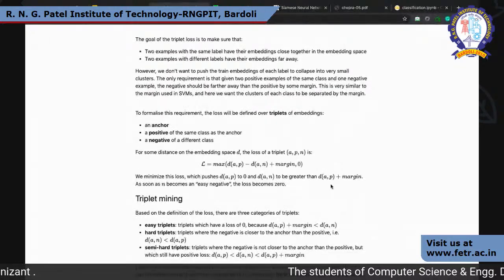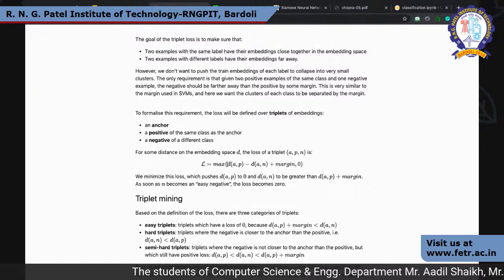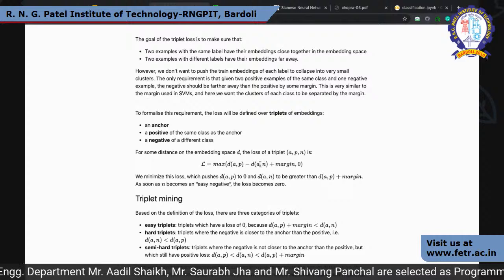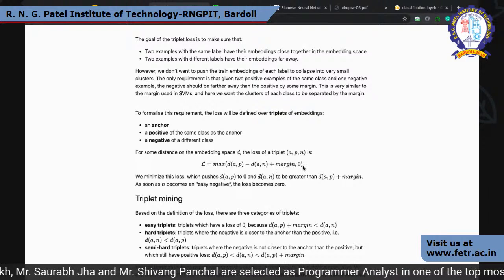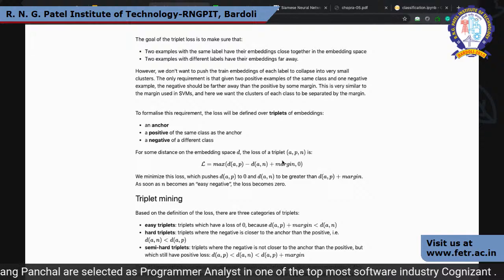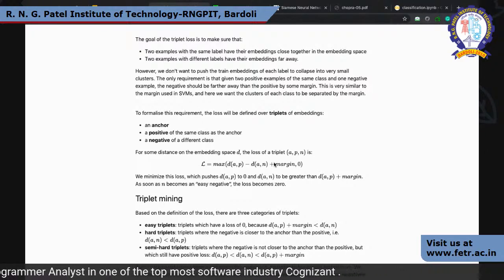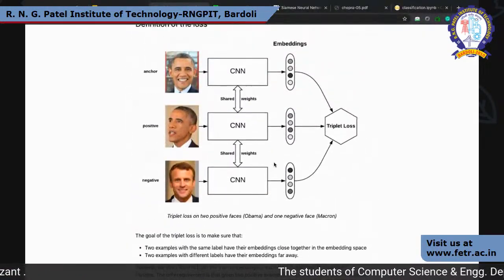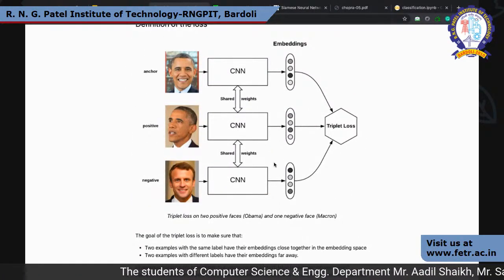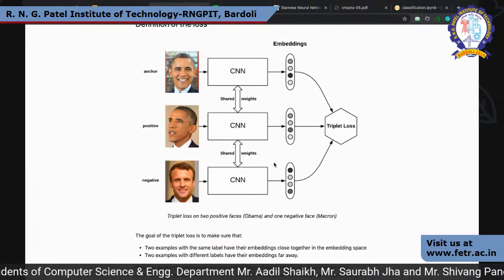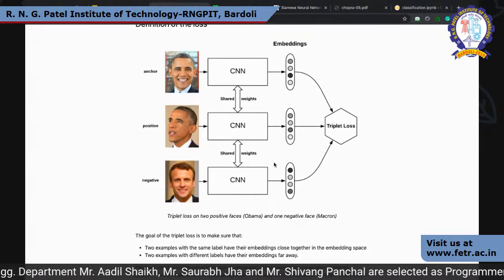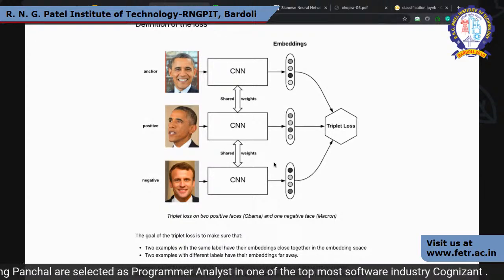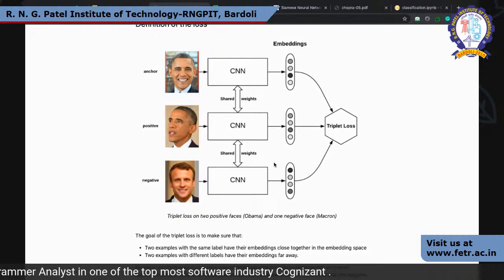Using this loss, the maximum of d(anchor, positive) minus d(anchor, negative) plus margin, and 0, this gives you the loss function of that distance metric, and using this you can differentiate the three images. This approach has been very useful in face verification, right? You cannot do face verification using the Siamese network, but you can do it using triplet loss, because it differentiates very high dimensional data,